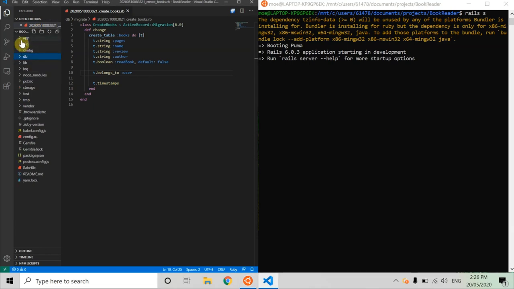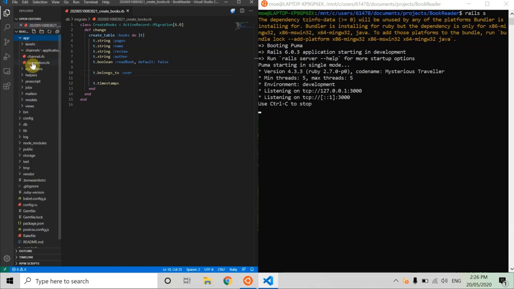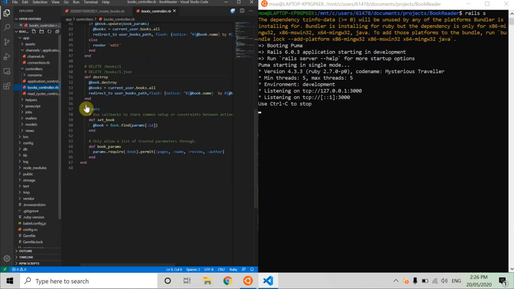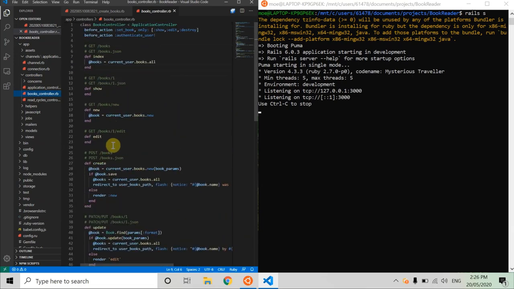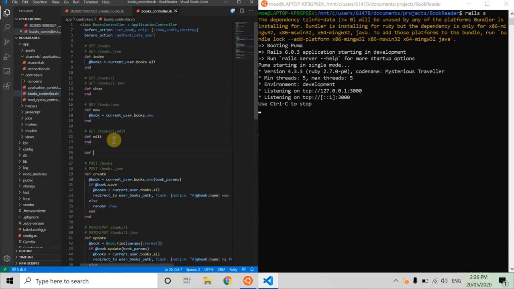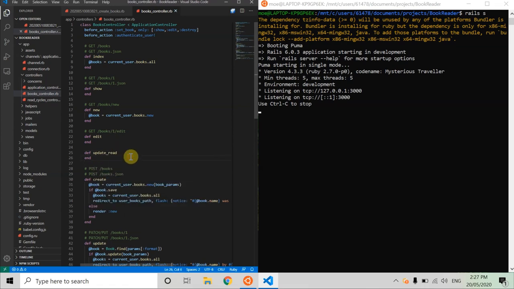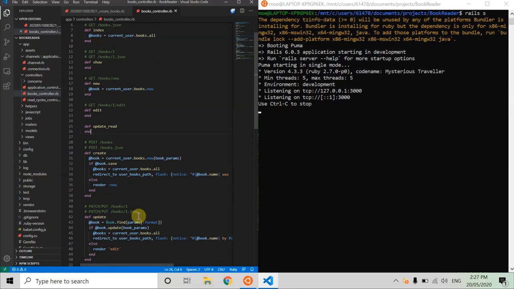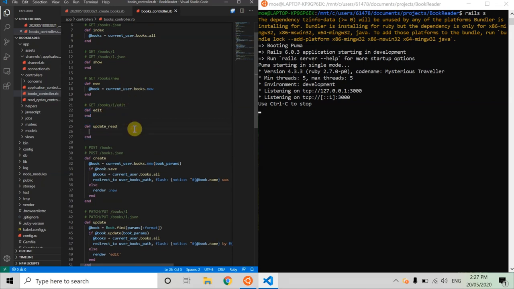So first of all, when we're creating any functionality, we need two things, a controller and a route. So we already have a controller for books. Now we just need a function. What we're going to call this function is update_read. And what we want from this is we want to get a book edited, right? So what do we need to edit a book? As we know in our update, we need the actual book, and then we simply need to update it with our params. Okay, so let's simply go def update_read, @book equals